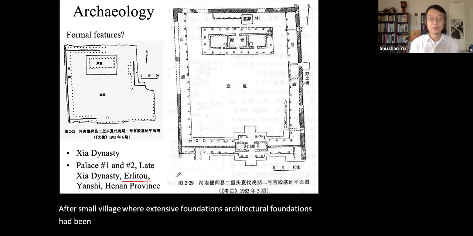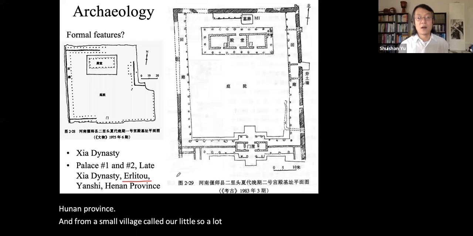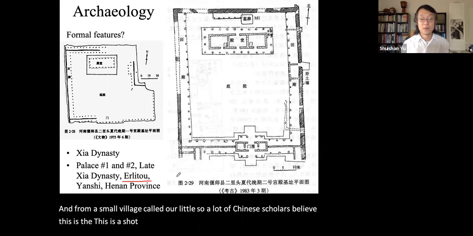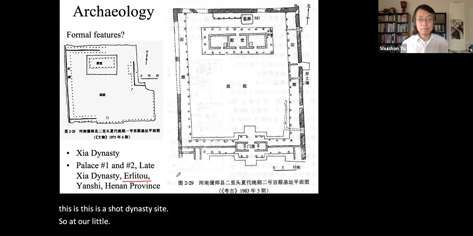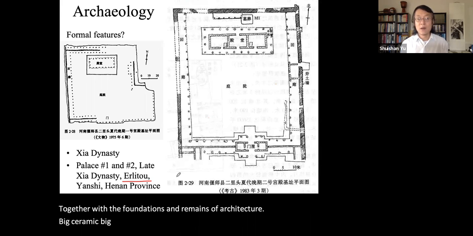It is in Henan province, a small village called Erlitou. So a lot of Chinese scholars believe this is a Xia Dynasty site. At Erlitou, together with the foundations and the remains of architecture, big ceramics, big pottery, and some bronze vessels, especially the drinking vessel known as jue,